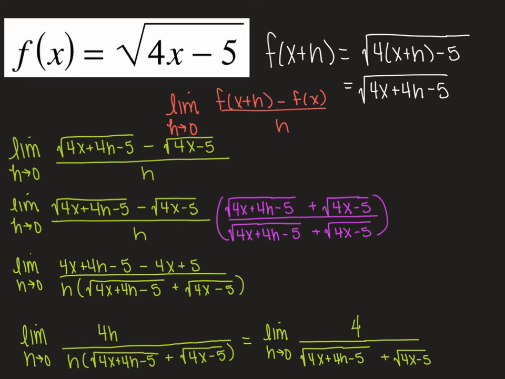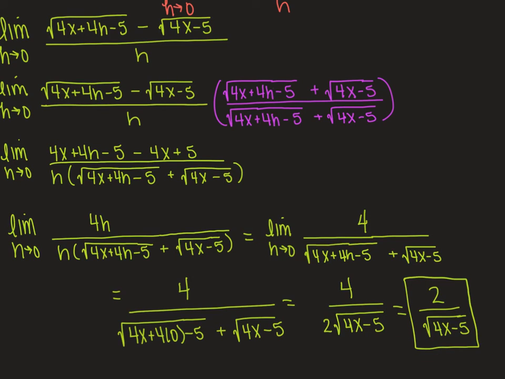So we have, let's see, we have our 4x and all of this. The 4x and the 4x cancel. The 5 and the 5 cancel. So you're left with 4h over h times this rest of our denominator. So this h in my numerator, h in my denominator, they'll both cancel. And that's really what you want here. You're kind of trying to find a way to rewrite. So we want it to cancel, and when it does,